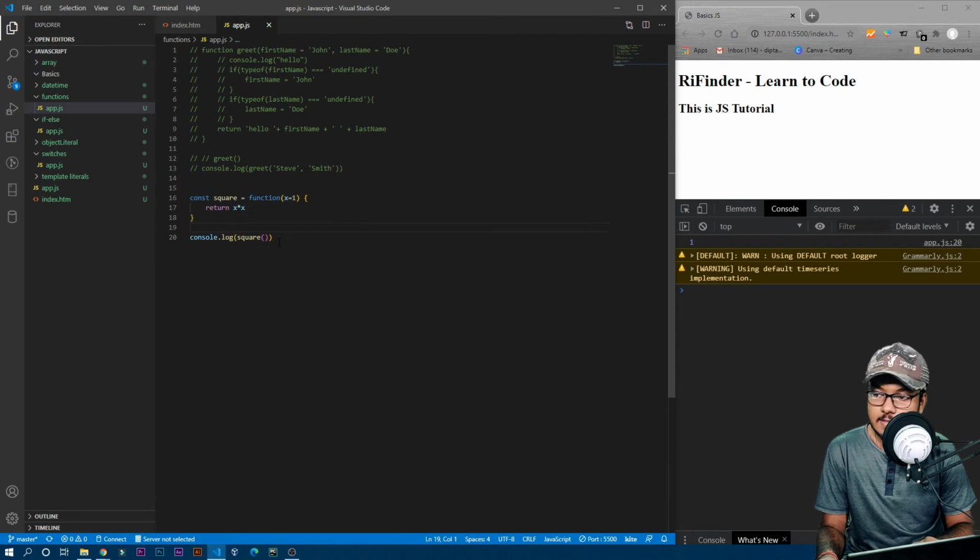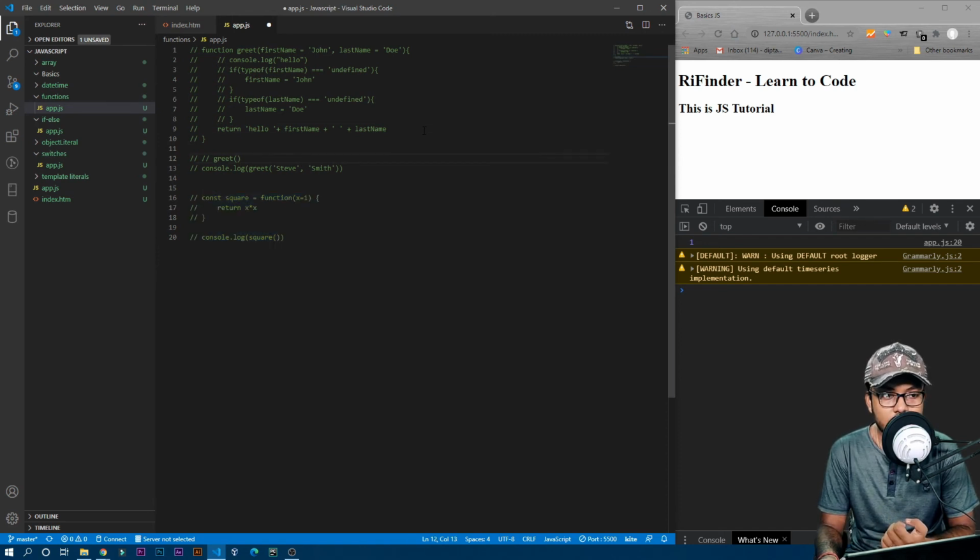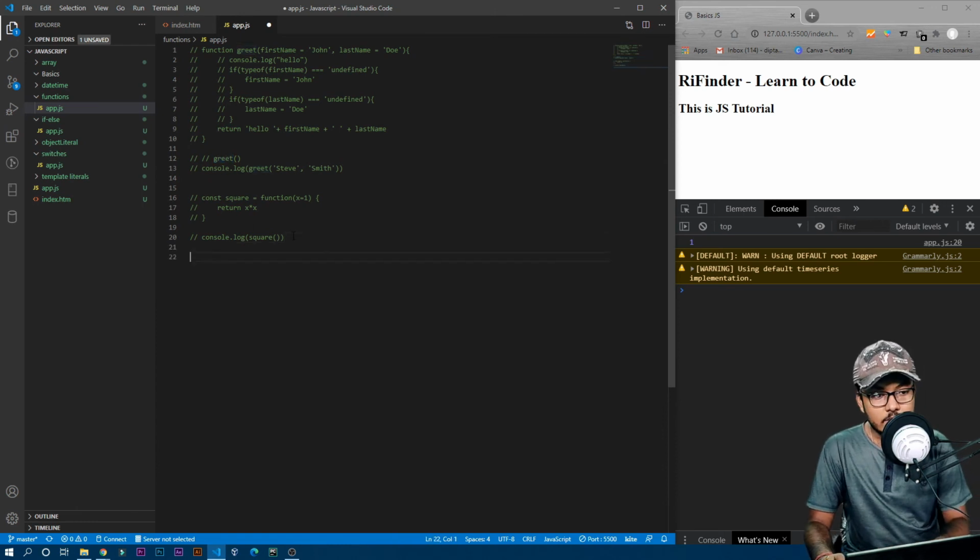Now let's see immediately invocable function expressions, IIFEs. That is used when you want to run the function immediately. You can see we created a function and we can run it whenever we want, right? Whenever we want to run this function, you can just call the greet function, that means the function name, and it will run that code. But sometimes you need to run that function immediately after writing it. In that case you can use this IIFE method.